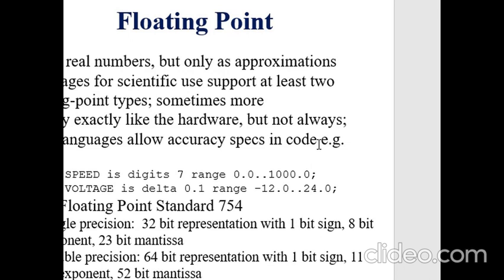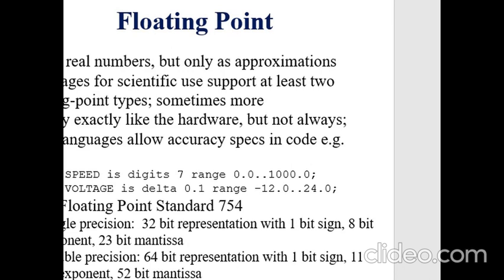The model real numbers, but only is optimization. The language for scientific use supports at least two floating-point types, sometimes more. Usually exact like the hardware, but not always. Some languages allow accuracy specification, expecting code. Example, Ada: the type speed is digits 7 range